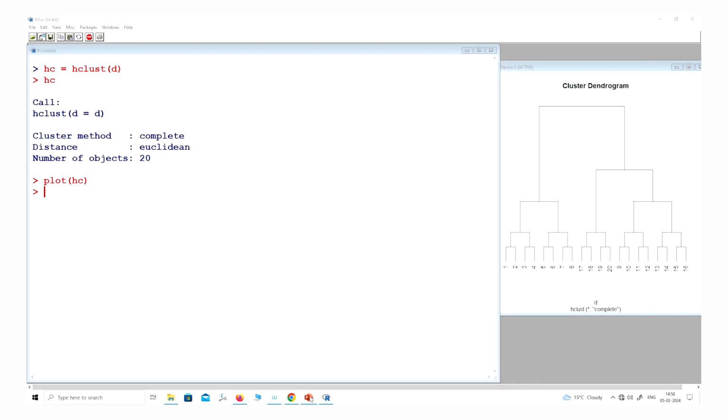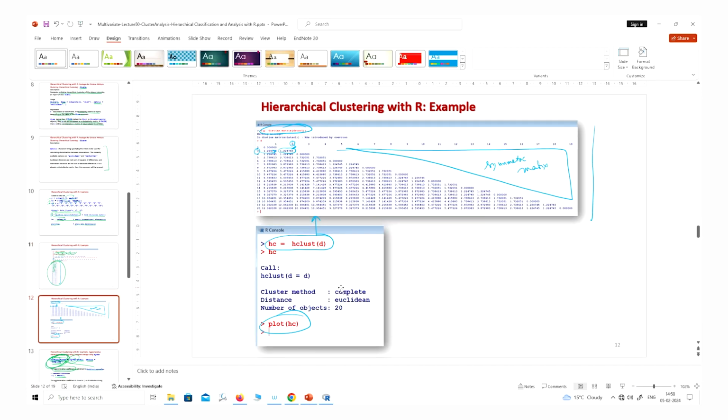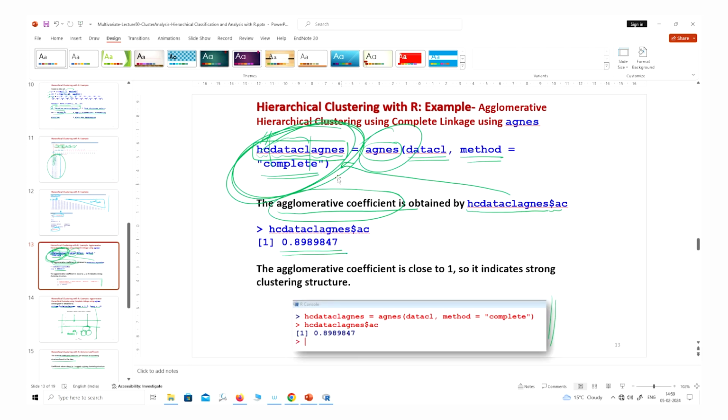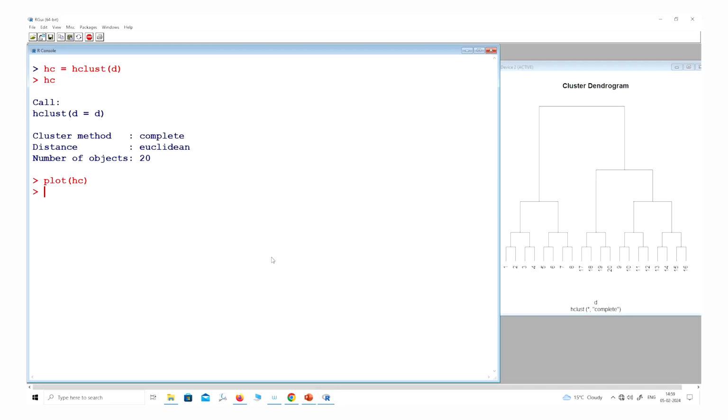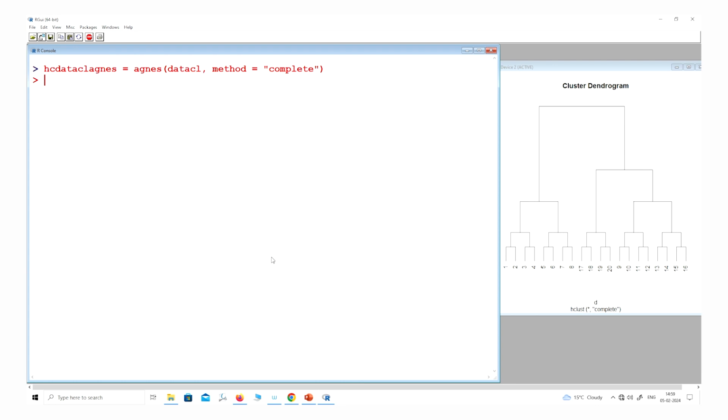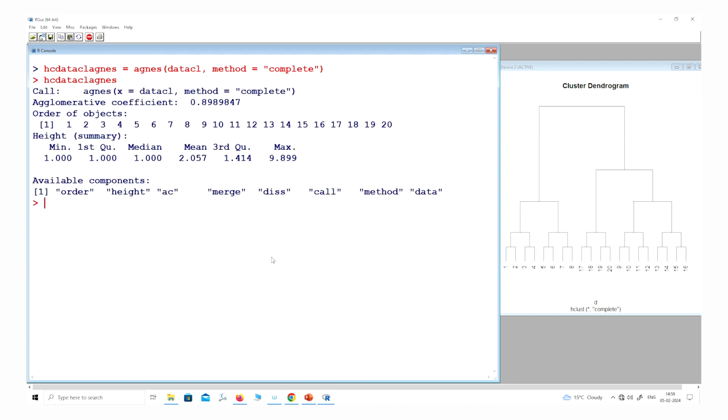So now let me try to use here this command, this agglomerative coefficients here. If I try to show you here, so you will see here when I'm trying to use the command agnes over this data set, you can see here this outcome looks like this, right?